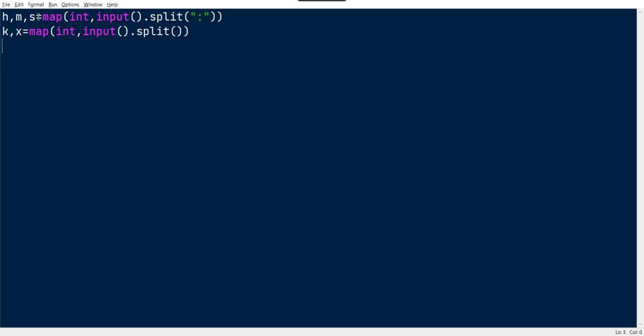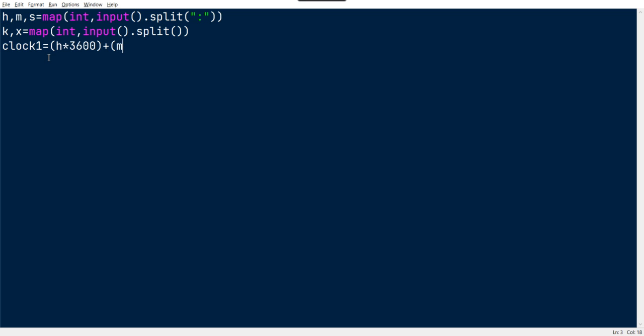Here second is the minimum unit, so we convert all those values into seconds. T1 represents clock 1, so clock 1 equals h into 3600. This is nothing but 60 into 60, right? So we are converting everything into seconds.